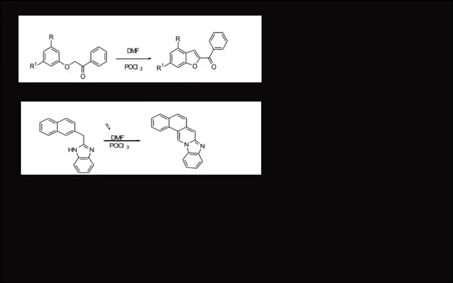Okay, so this was one of the examples that I had discussed with all of you, where formylation will take place over here, and then we had discussed this concept. This is another question. You can try it out yourself, just to see that you have understood the concept. Over here what will happen is, since nitrogen over here is nucleophilic, this nitrogen will attack the intermediate that is generated.